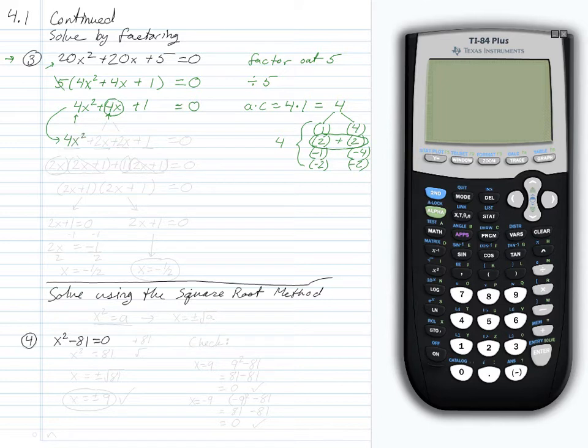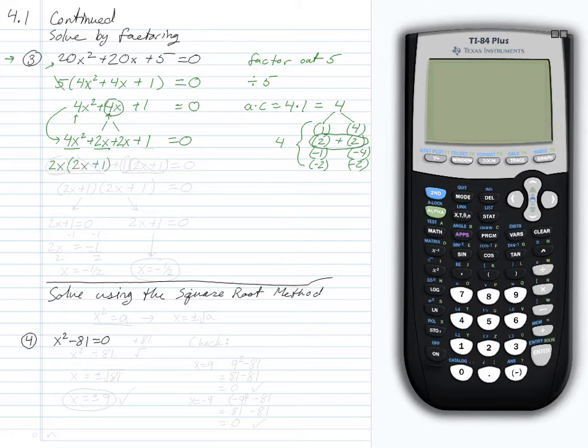So 4x squared plus 2x plus 2x. So I'm breaking this down into two pieces. Plus 1 equals 0. And my reason for doing that is now I can factor by grouping, and there should be no guesswork involved. So the common factor of the first two terms, I see that there is a factor of 2 and x. So if I factor that out of the first two terms, I'm left with a 2x